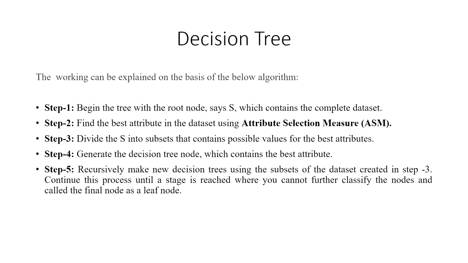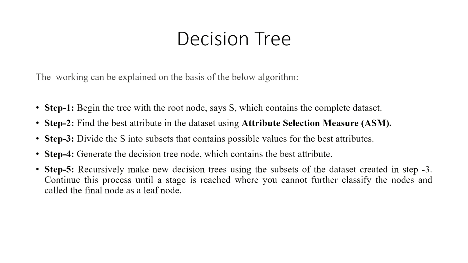Step 2. Find the best attribute in the dataset using attribute selection measure, or ASM. Step 3. Divide the S into subsets that contain possible values of the best attribute. Step 4. Generate a decision node which contains the best attribute. And step 5, last step,